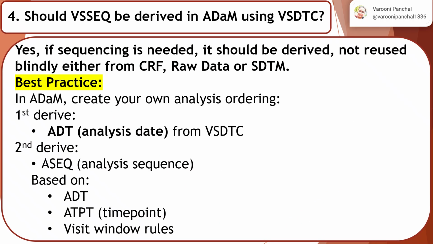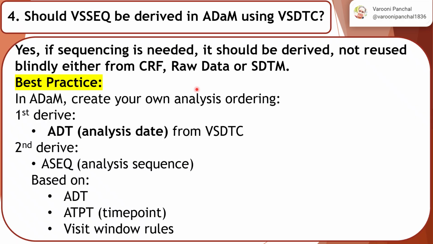Number 4, should VS sequence be derived in ADaM using VSDTC? Yes. If a sequence is needed, it should be derived and it should not be used blindly either from CRF, raw data or SDTM. Like I said, the collection order should be the same